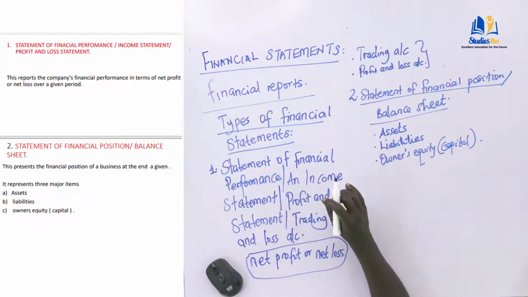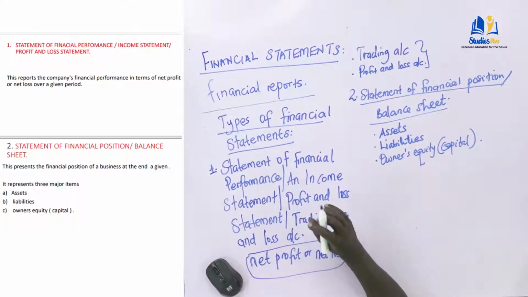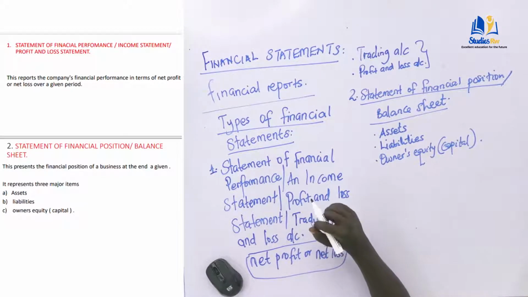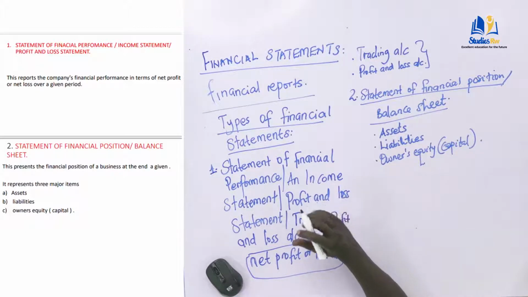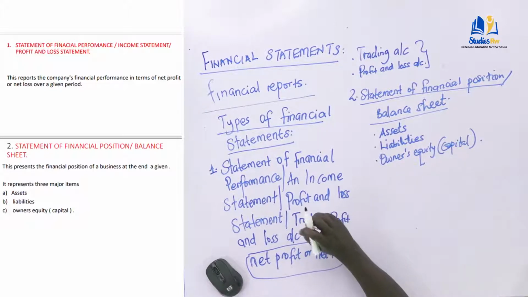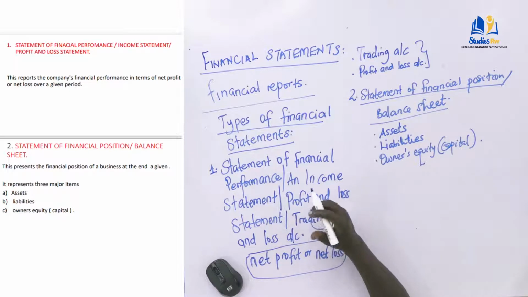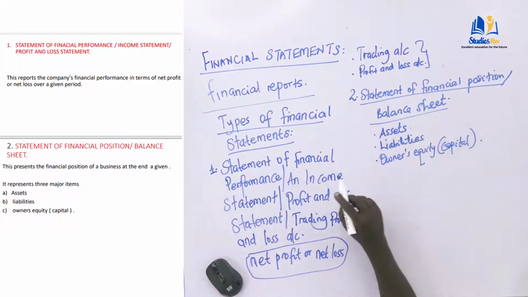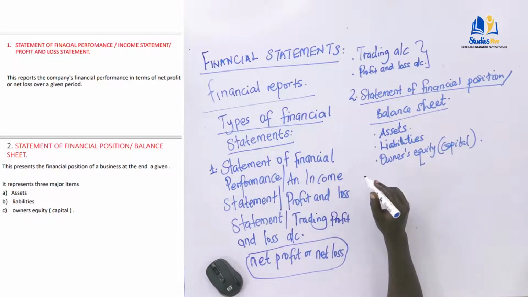So a balance sheet, therefore, is a financial statement that shows the financial position of the business, or that represents a business's assets, liabilities, and owner's equity at the end of a given trading period. This will help you to know how your company stands in terms of assets, liabilities,